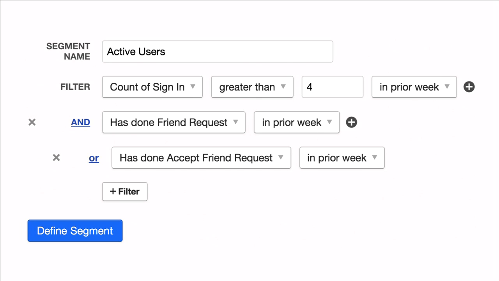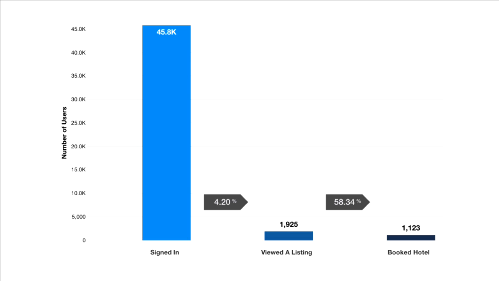But maybe you define a segment like this, and then you can track the membership in it over time, or you can filter your other analysis on it, like group that funnel to only include our active users or people who are not our active users, all that kind of stuff. So the point of all this is that